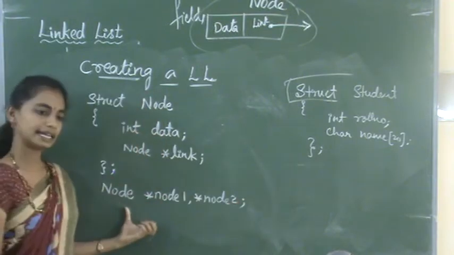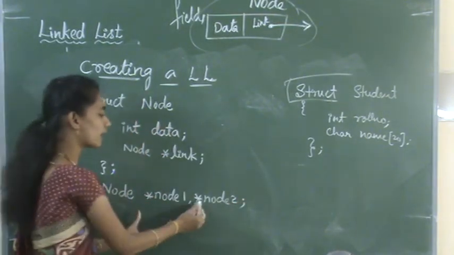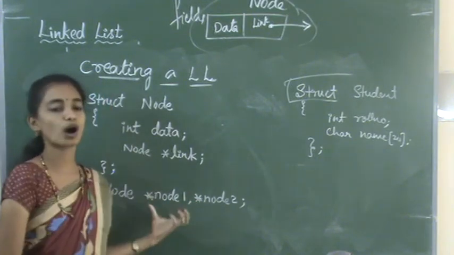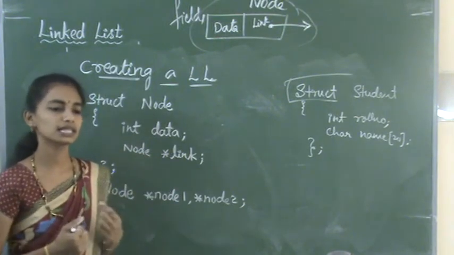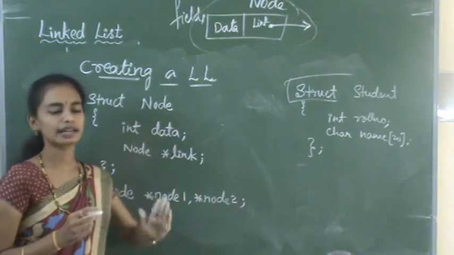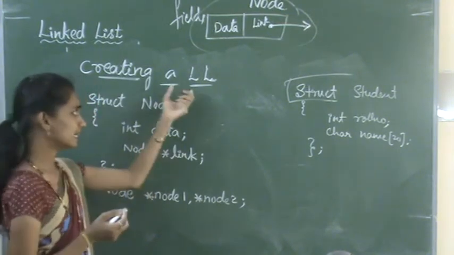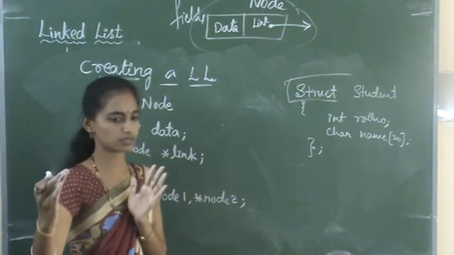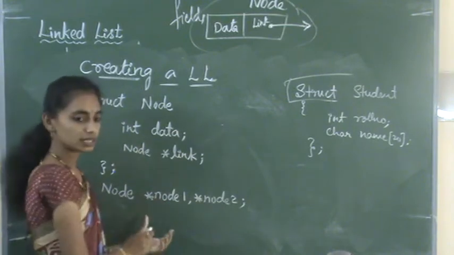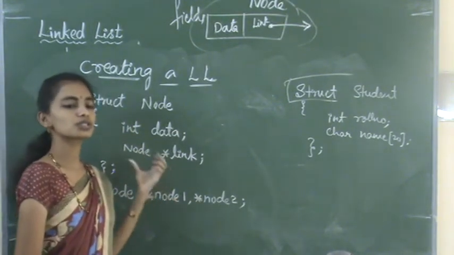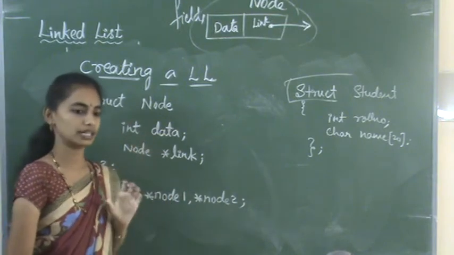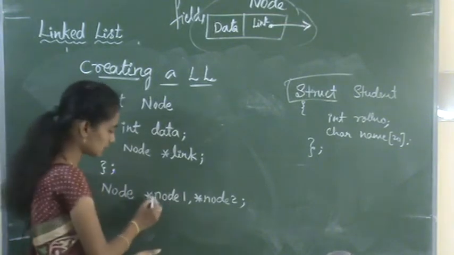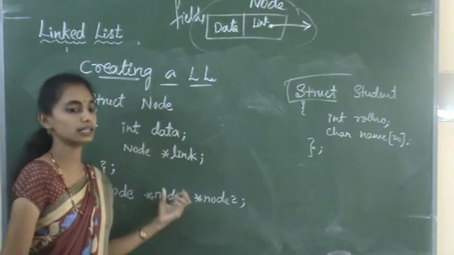Okay, so this is a declaration of this linked list. The star here indicates that it is a pointer variable. As we know, a pointer stores the address of another variable. In a linked list, the link field contains the address of the next node, right? So that's why we are using pointers. Pointers are also used to store the address of the next variable. Address and location are the same, so that's why we are using star here. This star indicates it is a pointer variable.